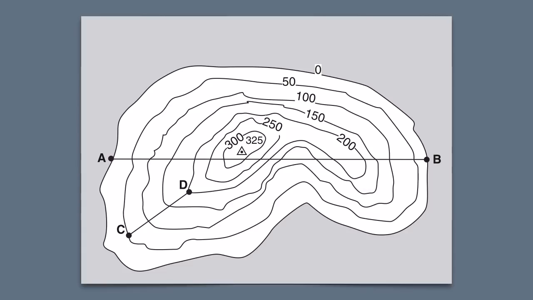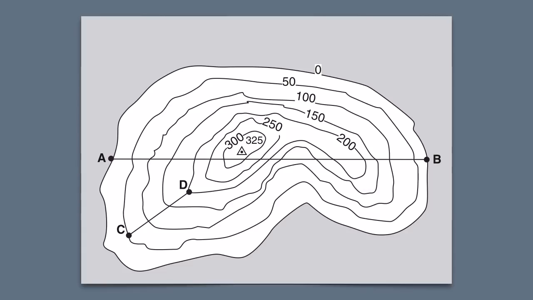This particular topographic map shows an island surrounded by the gray ocean. Each of these lines is called a contour line, and it shows the elevation of that particular spot on the island. So for example, if you were standing at point D on this map, you would be at an elevation of 200 feet above sea level. Why? Because point D is located on the 200-foot contour line. So what that means is we have an island here with the highest point right by that triangle, which is